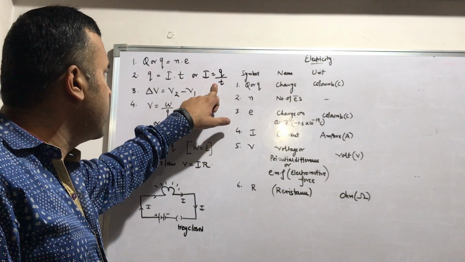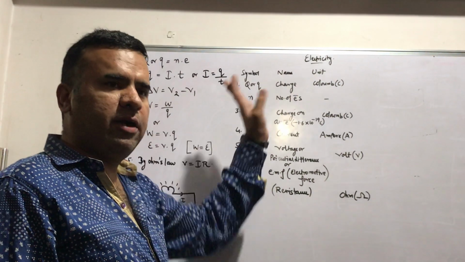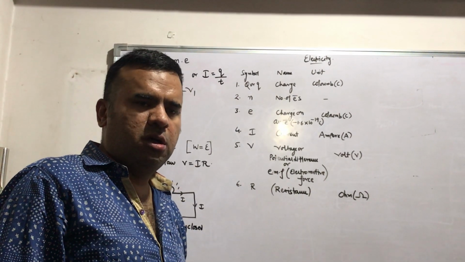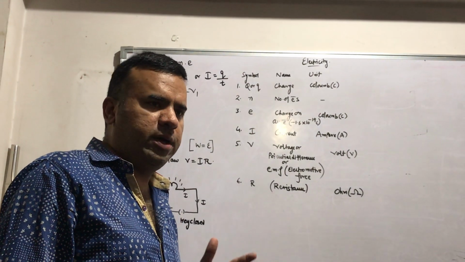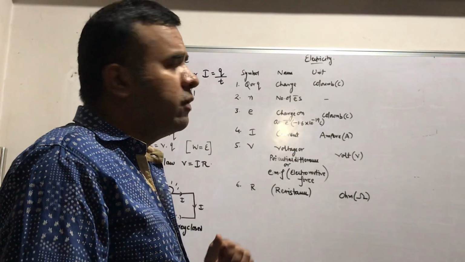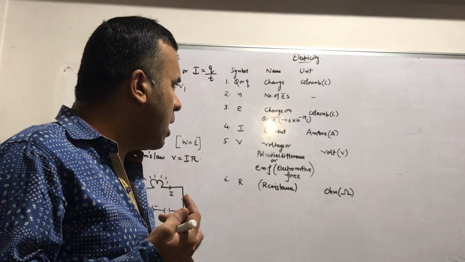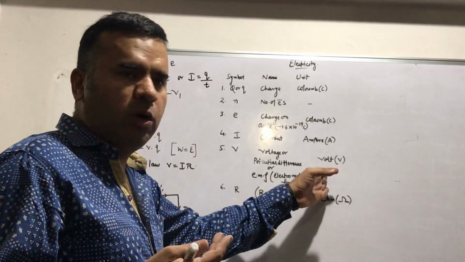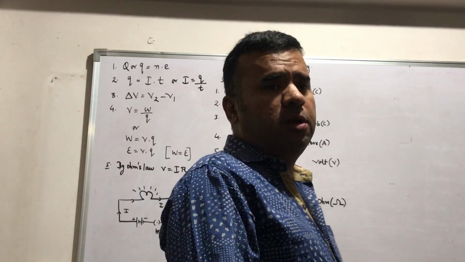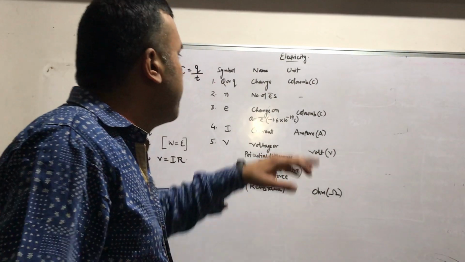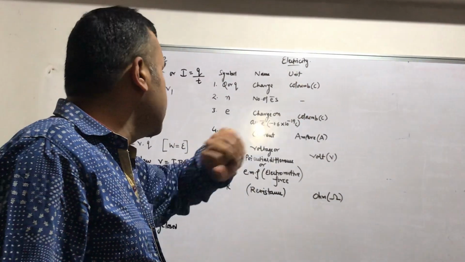One more formula is there, that is Q is equal to N into E. Here Q is electric charge or simply charge. You can write the symbol of charge as small q or capital Q, it is up to you. The unit of charge is coulomb. Coulomb is a scientist; at the name of Volta, the unit volt is there. Different scientists have given their contribution in this electricity, right? So charge unit is coulomb. It is represented by capital C.